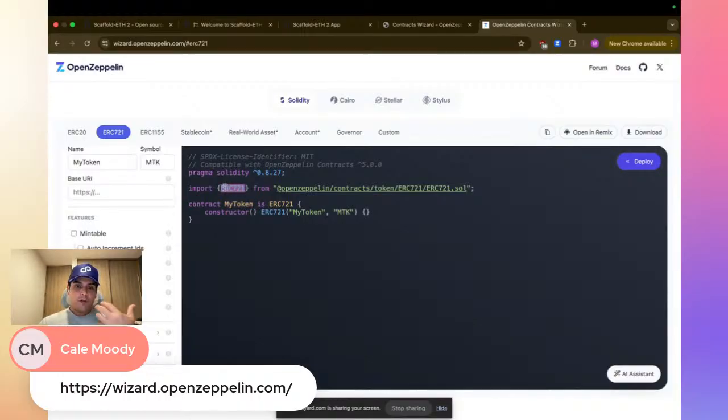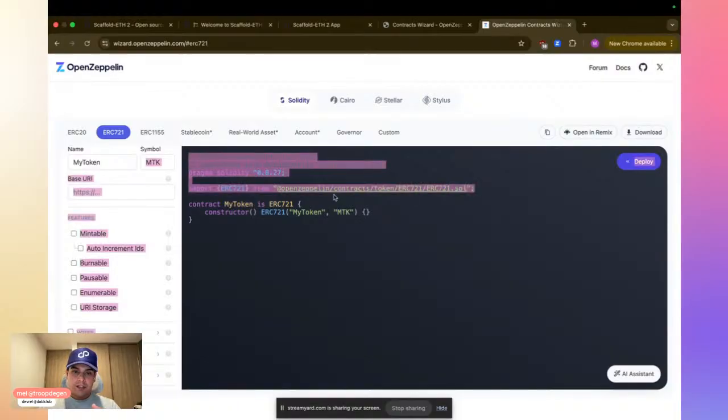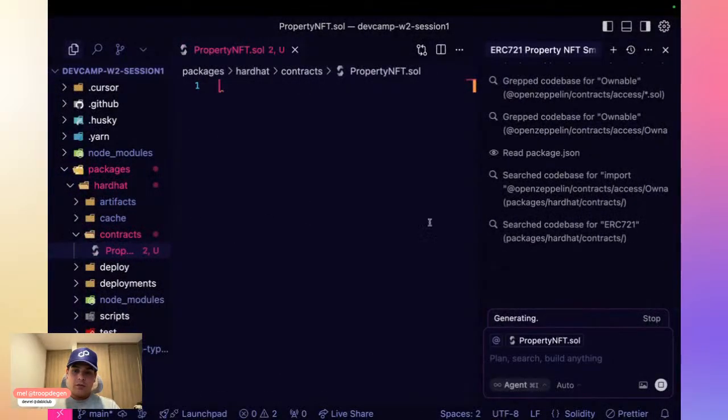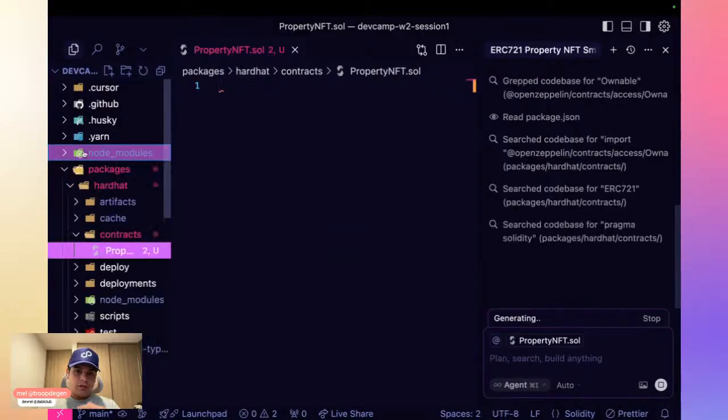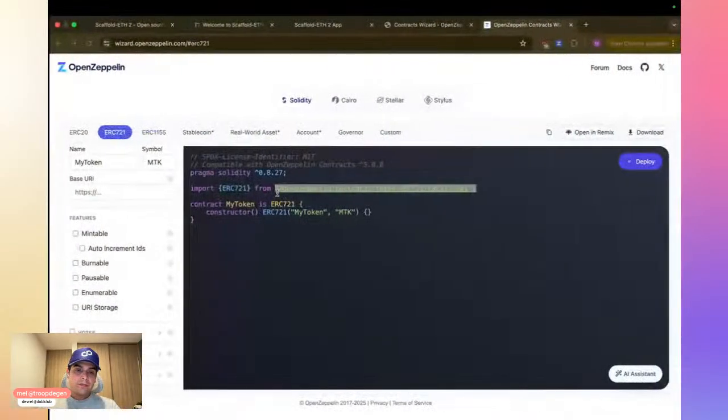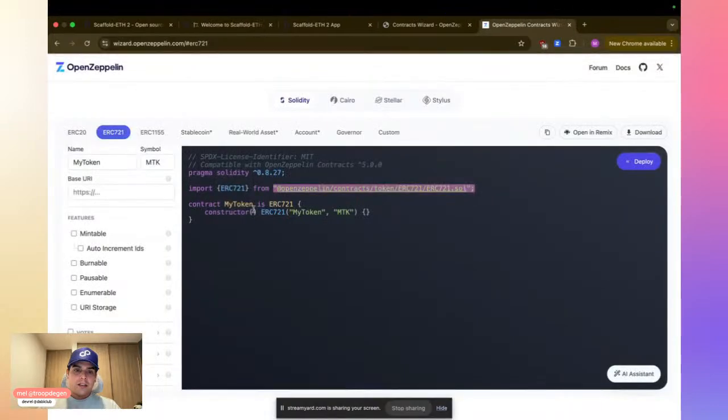For example, in our case, if you want to implement an ERC-721 NFT, we can just import the contract. It comes already from Hardhat, from Scaffold-ETH 2. You already have it available in the node modules, so this package is available for you to use. Once you import it, you just need to use once again the special keyword "is" for your contract. You're telling your contract, which has a name, MyToken, that it is a subset of this, that it's extending or inheriting from this implementation that is being imported.